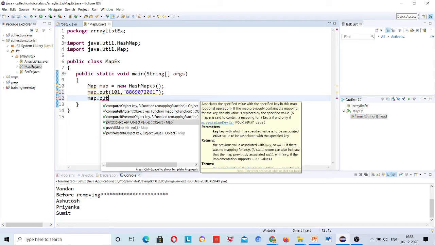Now see, you may have asked questions, sir, what is this putAll method, what is this computeIfPresent? See, I am relating only the put method, and at most you will use putAll, right? So you need to explore after this session what this putAll method is. Sir told only the put method, but what is this putAll? Actually, if you want to copy a map into another map, then you will have to use this putAll method, right? If a map has thousands of data stored and you want to copy it into the next map, then simply use this putAll. And how will you use it? You need to explore, right?